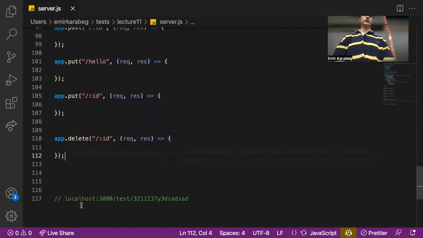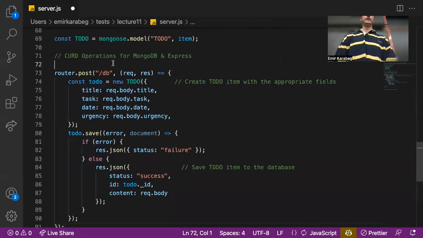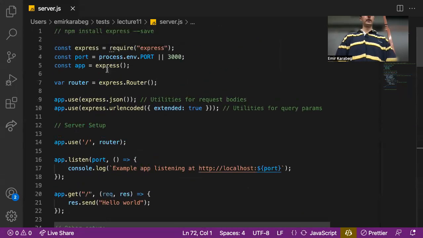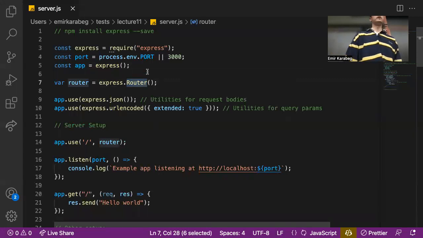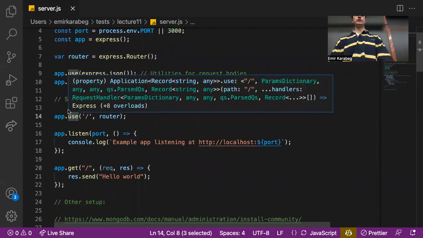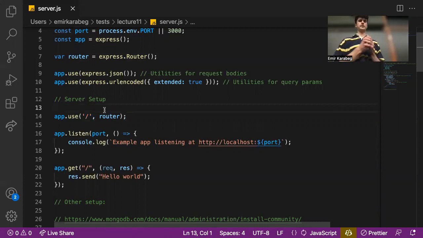So what we actually use to mitigate all this ugliness is something called a router. A router we defined all the way up here. We went to the Express library and told it to return us some router. And then we're saying app.use at / this router. So what we're telling our server, or our API, is that for our application, anything that comes after /